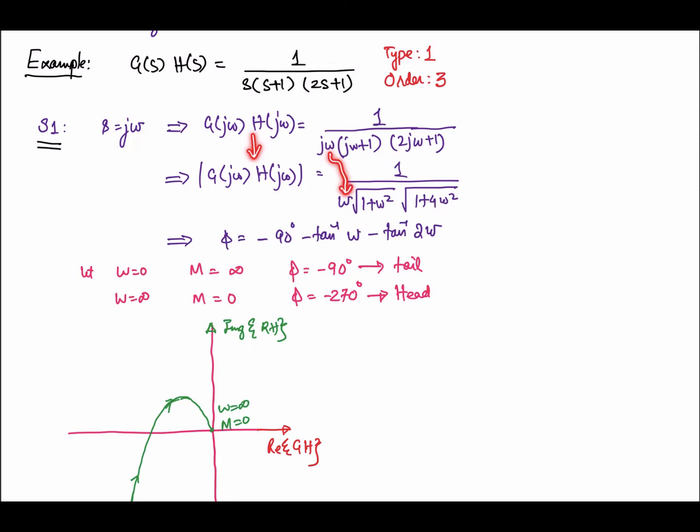So the magnitude of j omega is omega, the magnitude of this part is the square root of 1 plus omega square, and the magnitude of this part is the square root of 1 plus 4 omega square. Okay, so the phase of this open loop transfer function can be written like that. The phase of this part is minus 90 degrees, the phase of this part is tangent inverse of omega, and when it goes up in the numerator it will be negative. And the phase of this part is tangent inverse of 2 omega by 1, that is 2 omega. So this is the phase equation for this one.